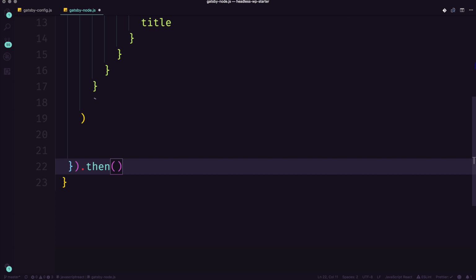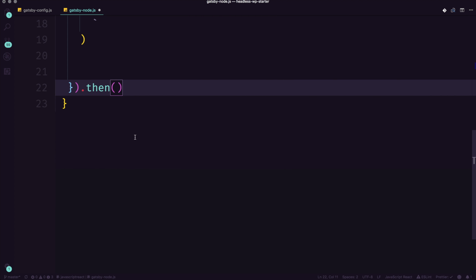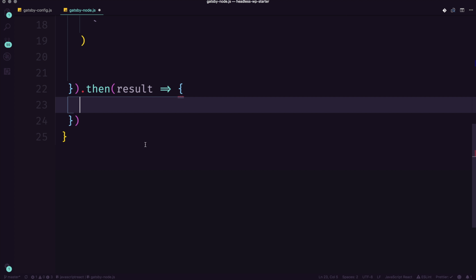of our GraphQL query. So if we were to say then in here, we could say result, which is going to be an arrow function. Again, this stuff is a little tough if you haven't done it before. So again, I recommend that Pro Gatsby video. Watch this. You'll get a better handle on this file, or just copy the code from the code examples and pull it apart that way to make sure you're not